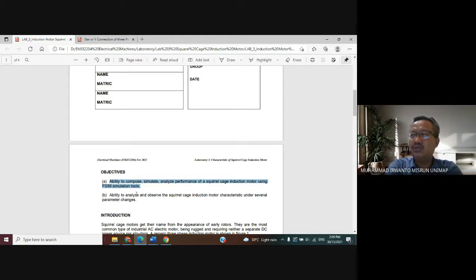In our simulation, we know that the motor produces mechanical energy. Now, in our simulation, this mechanical energy will be converted to electrical energy using the mechanical electrical interface that is provided in PSIM.